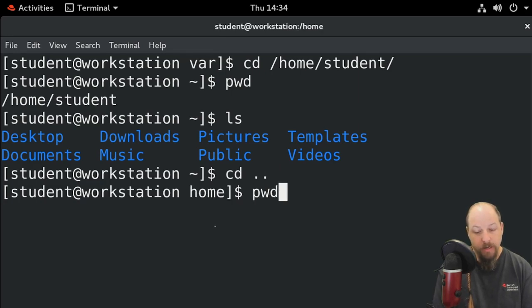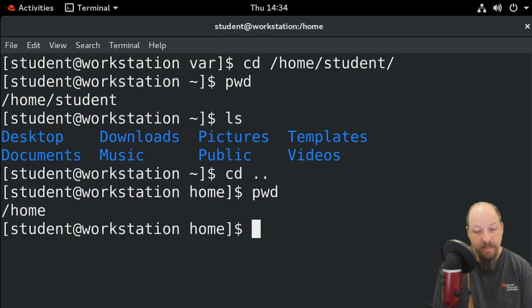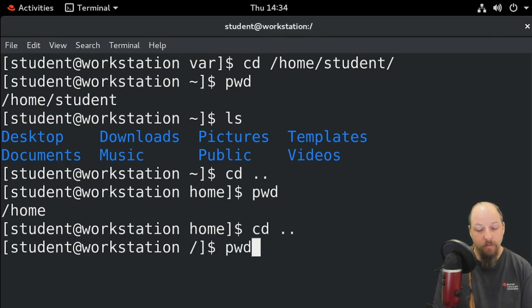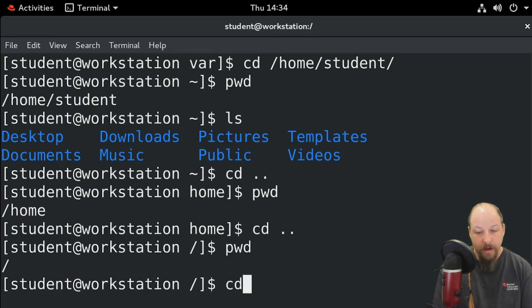If I print my working directory after doing so, I see that I've now exited out of the home student directory and am one level of the hierarchy higher in the home directory. If I do so again, I should be in the root working directory. If I now once again go back to the home student directory,